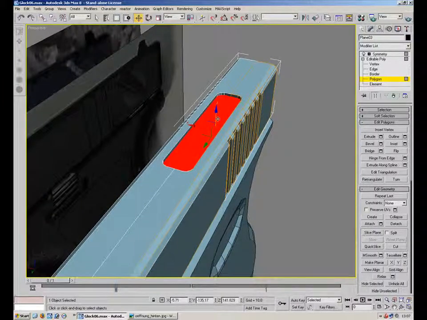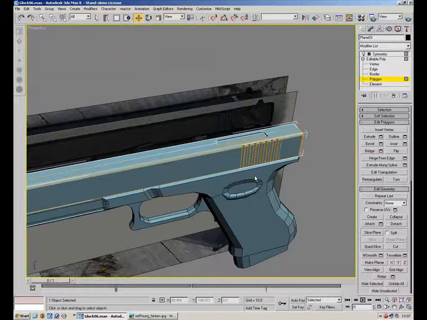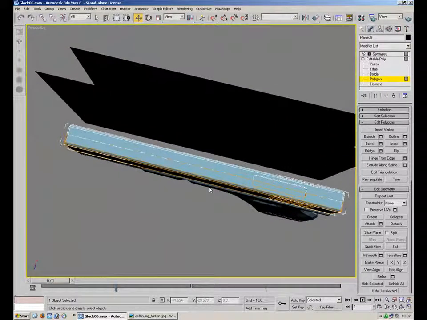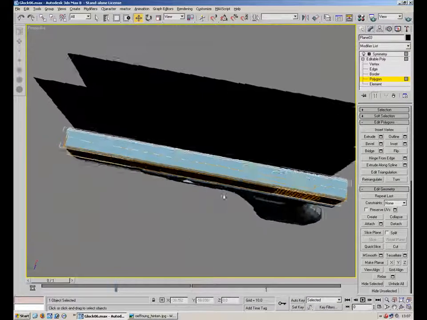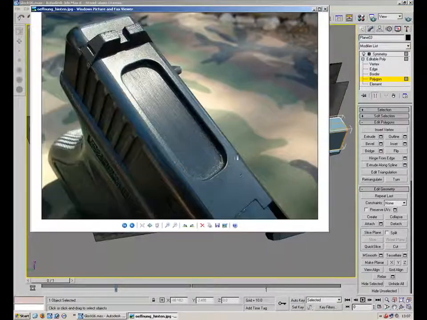Looks pretty good. Right, the stuff that you want to work on first is always the stuff which is going to be symmetrical. And then, I mean to say, this shell release, I don't know what it's called, but where you get your shell casing flying out, that's going to be different on both sides. Yeah, this whole section that would be down here you're not actually going to see, so